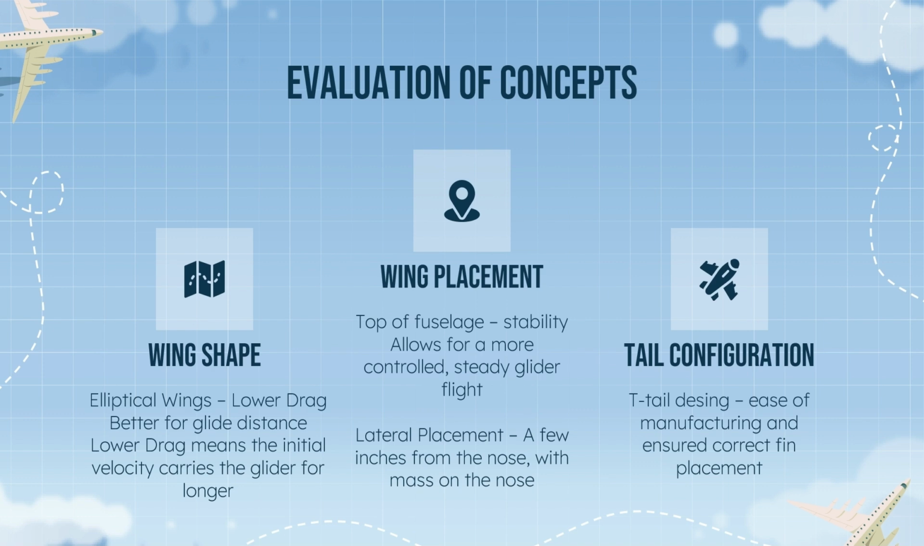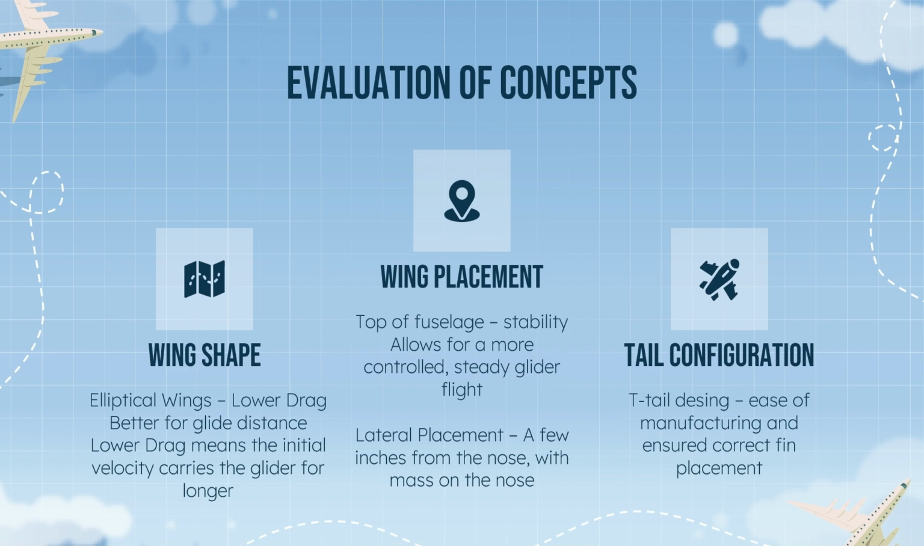The elliptical wings offer lower drag, which is better for glide distance. Lower drag means the initial velocity carries the glider for longer, allowing the glider to maintain a higher airspeed for longer. The wing placement: the top of the fuselage was decided since stability allows for a more